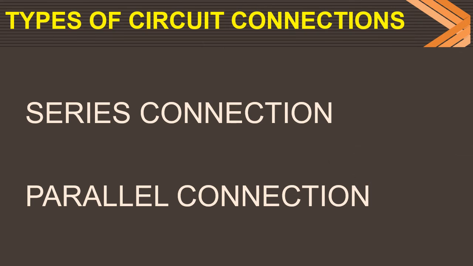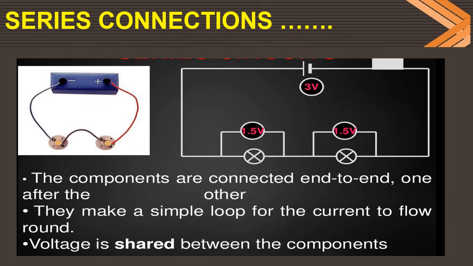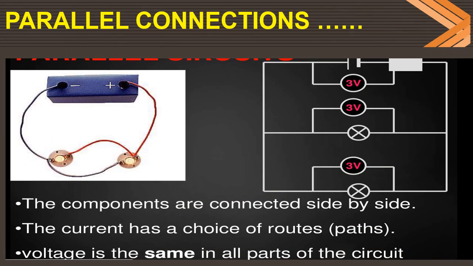Types of circuit connection are the series and the parallel connections. The continuity of the current is there in the series connection. Potential is applied across the various loads connected, and the current flows continuously. There is no division of current here, only the potential across each one will be different. Similarly in parallel, the current will be divided in each and every load or component, and the potential will be the same for all the components.